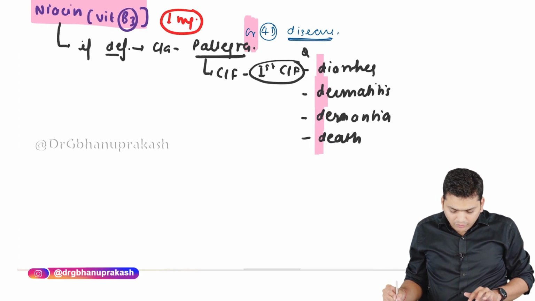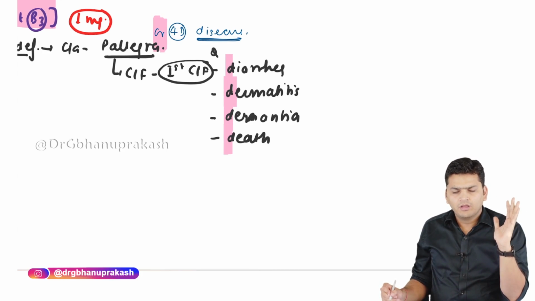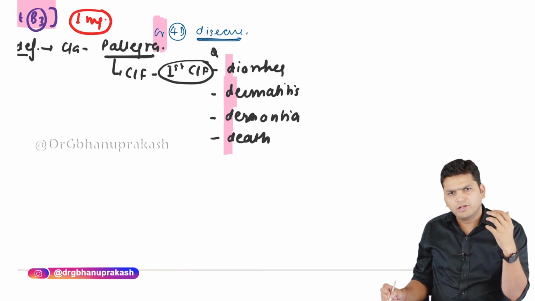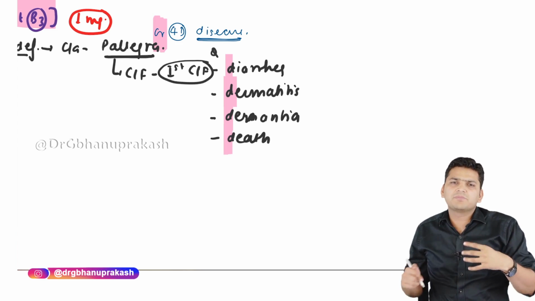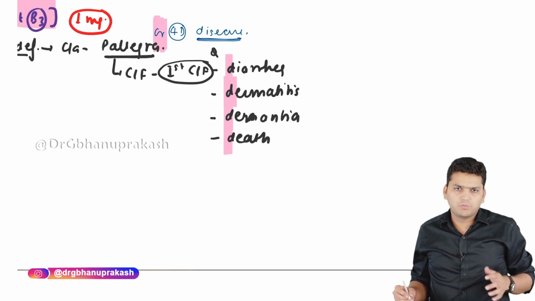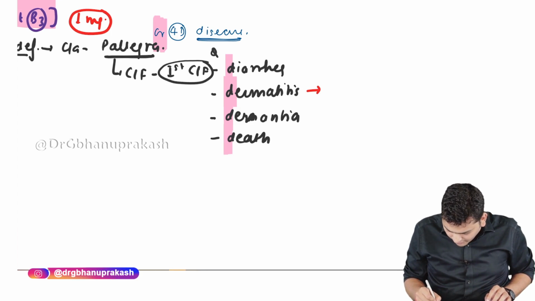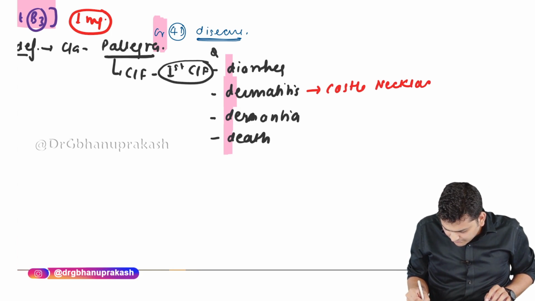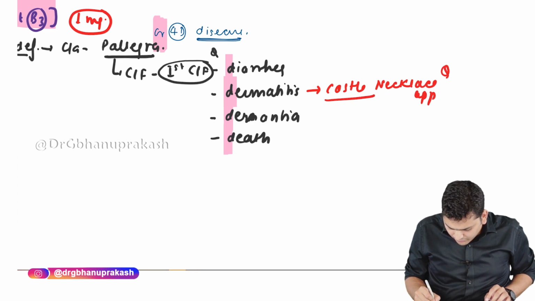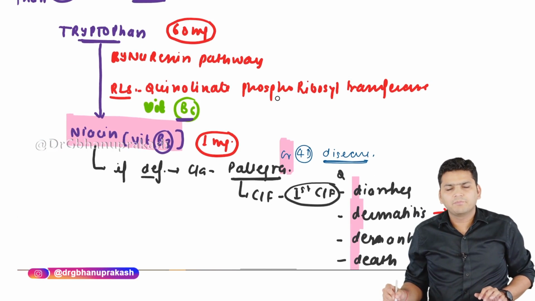So the points to be remembered for pellagra: the first thing they ask is what the first symptom is. Pellagra always starts from the GI tract, and the answer is diarrhea. The dermatitis occurs in a very peculiar manner. I will show you the image so that you understand why. Dermatitis means inflammation of the skin, and in pellagra it occurs in the sun exposed area. The dermatitis will have the Casal necklace appearance, which is very peculiar for pellagra. These are the points to be remembered for niacin and pellagra.